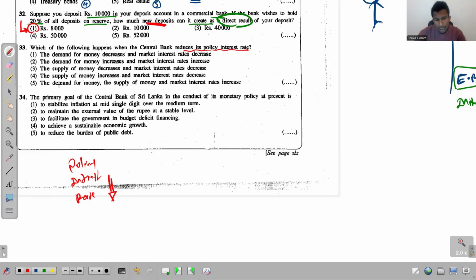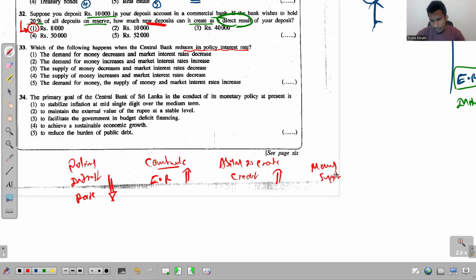And when this policy interest rate is reduced, the commercial banks can increase their excess reserves. So excess reserves in commercial banks will increase. When excess reserves get increased, their ability to create credit also increases, so that the money supply increases, and as a result, bank interest rates